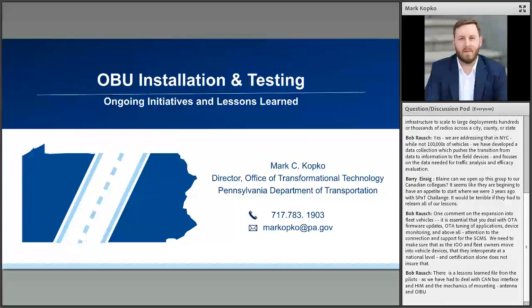So we wanted to just talk about Pennsylvania and what we're doing right now. As Blaine mentioned, we have a strong relationship with Carnegie Mellon University, and we were able to leverage that a lot for our early deployments. But as we started to move down the path, we realized that you can't just rely on an academic institution to always show up and be readily available when you have to do any type of testing